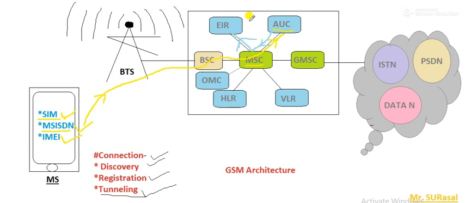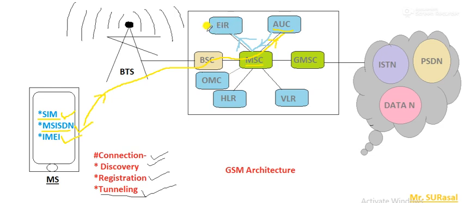So this is nothing but the role of the EIR. In short, it is going to store the device information. Okay, this is not the only role of the EIR. Basically the EIR is going to manage the mobile stations, that is, the networking devices also. A very simple example: when the IMEI or hardware based information is received by the EIR, it will understand whether this device supports 3G, 4G, or only plain GPRS internet and so on.